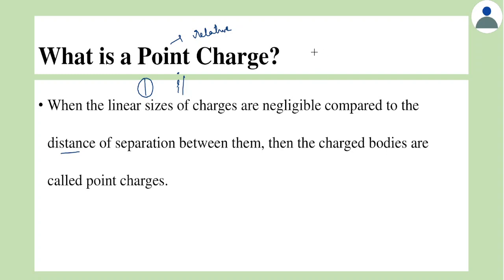Now, let us make sense out of it. Think of a charged sphere somewhere here, and then we have another charged sphere close to it. If we look at the dimensions, for example, their diameters, and compare with their separation, which we call d, this d is not very much greater than their diameters. So in this case, these objects cannot be called point objects.